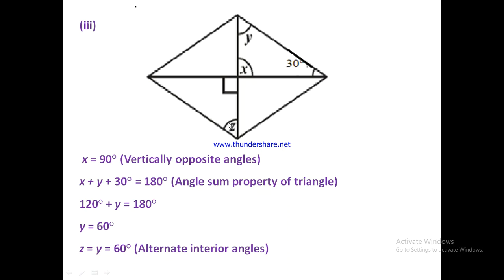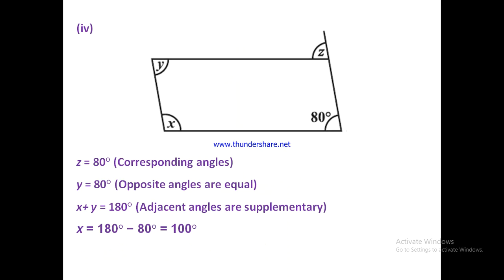Now we have to find value of z, and we can see that y and z are alternate interior angles of these two parallel lines, this line and this line, cut by this transversal line. And we know that alternate interior angles of two parallel lines are equal in measure. So z will also be equal to y, that is, it is equal to 60 degree. Fourth part,